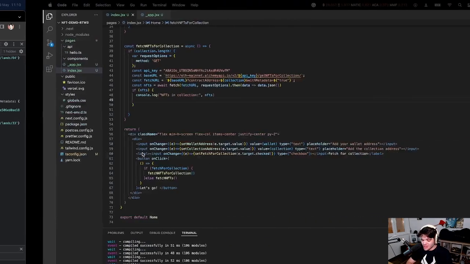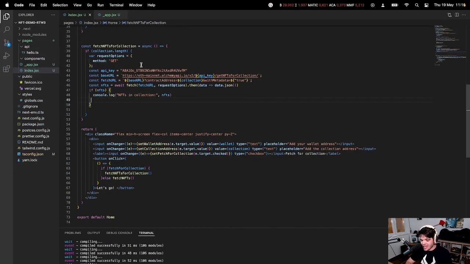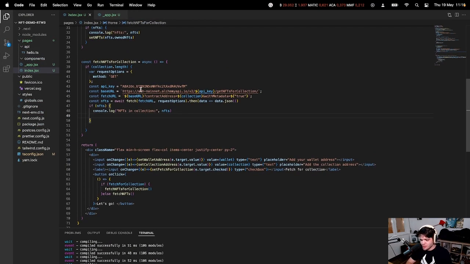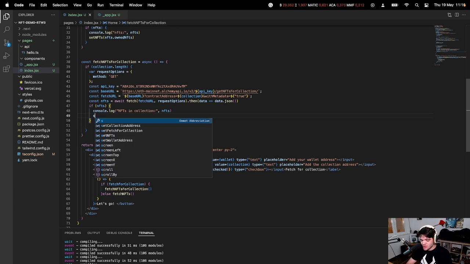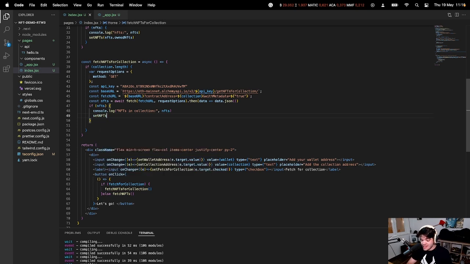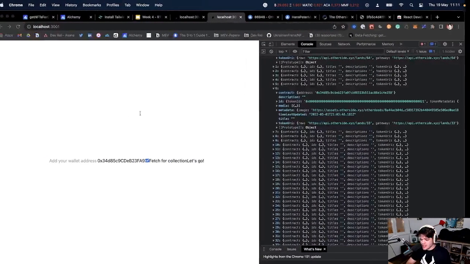So the first thing we want to do is go back to our code, and we were forgetting one thing actually. After we have fetched our NFTs, we want to set the NFT variable. So I'm gonna write setNFTs inside our fetchNFTsForCollection function, and I'm gonna add our NFTs. Now, are we sure we just want to pass NFTs? Well, let's go back to our